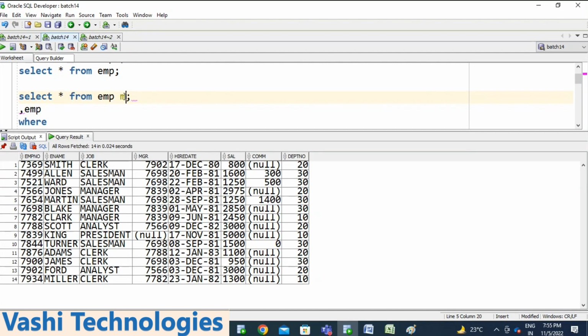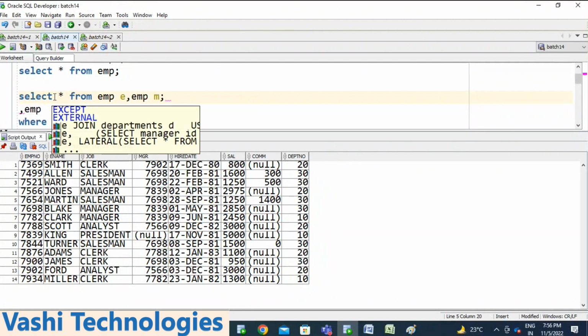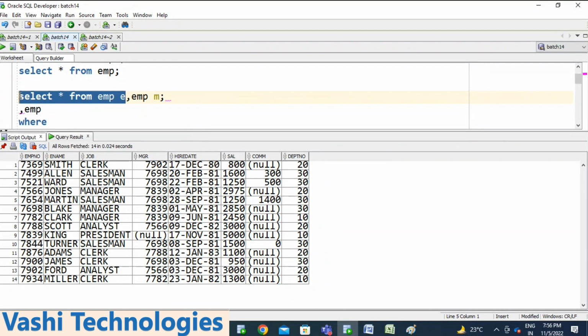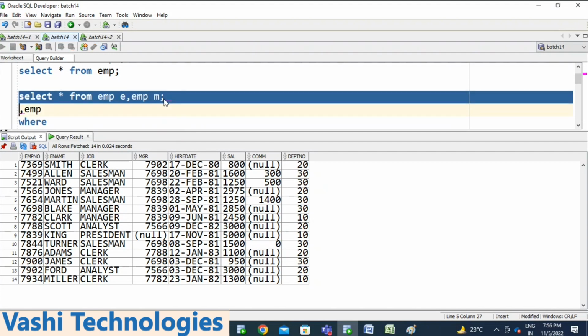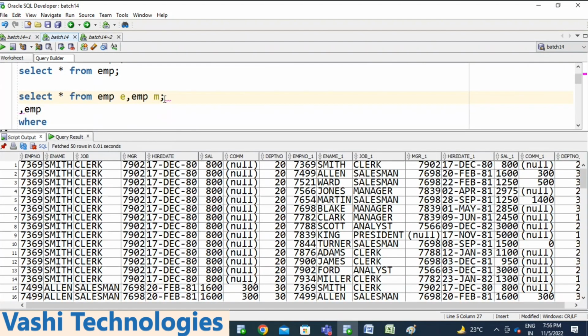So now I'm thinking of these two tables as different: employee as M, employee as E. So now I need employee information along with the manager. 14 employees I have, 14 managers I have, 14 into 14, you will get 196.